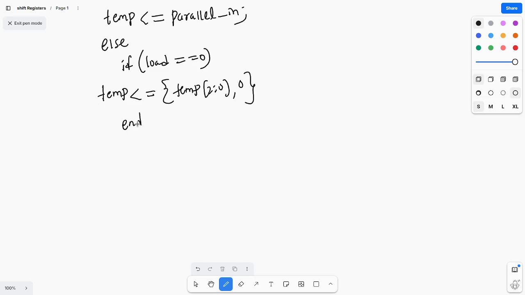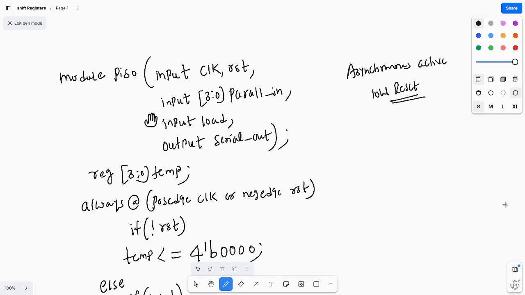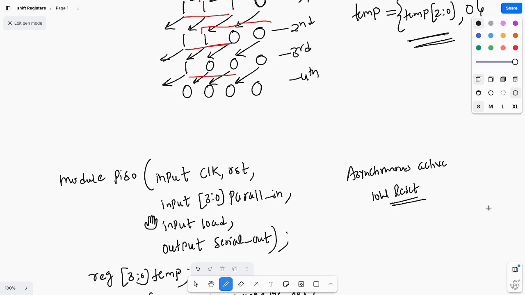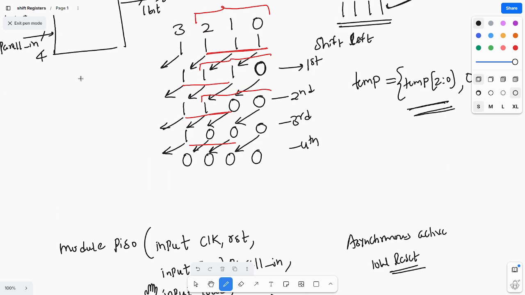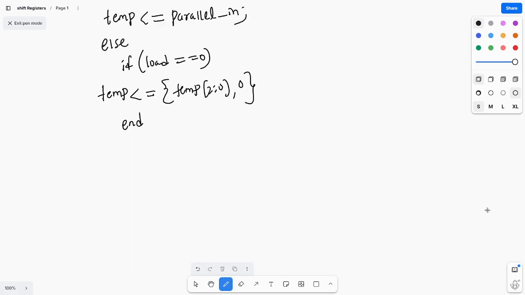End, okay. After end, so that means here in the shift operation, after shifting, what you are getting out is nothing but temp 3. Temp 3 I need to initialize to serial underscore out. After end, I use a continuous assignment statement,